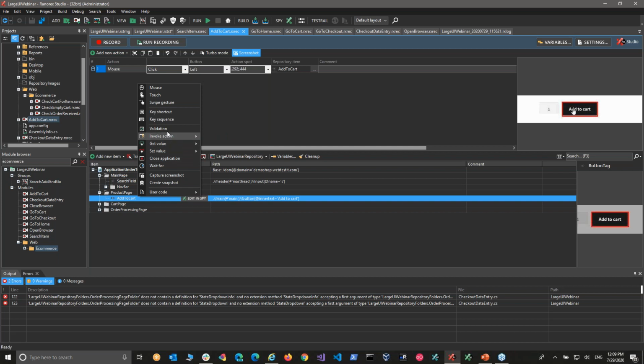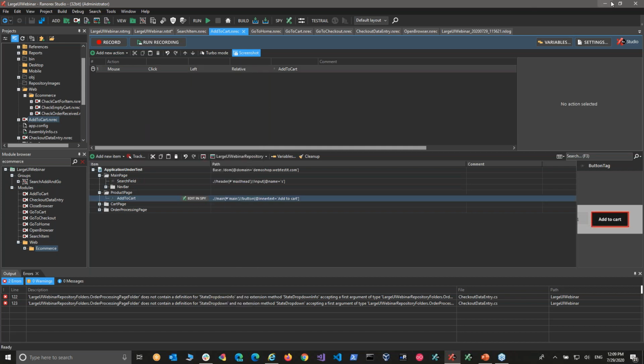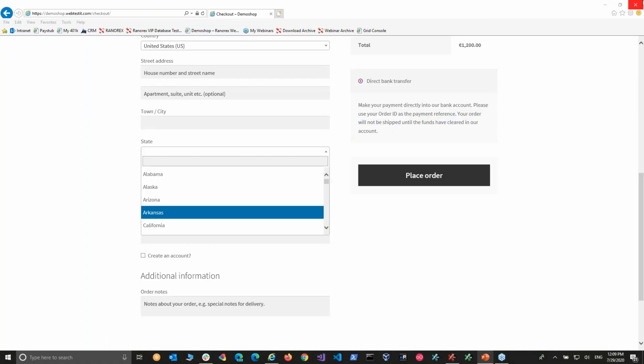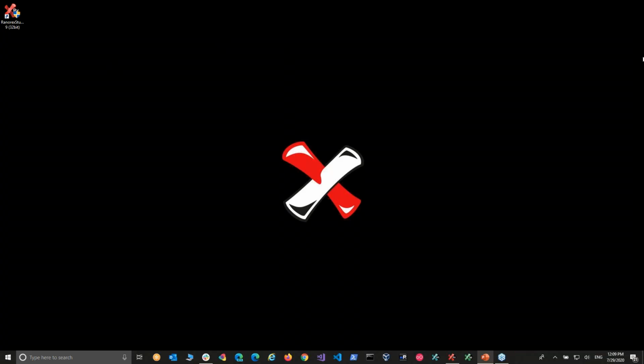But there's actually some interesting actions in here that you can only get this way. You can't get these from recording. And those are these ones kind of in the middle here, like invoke action, get value, and set value. So the checkbox is an interesting question because